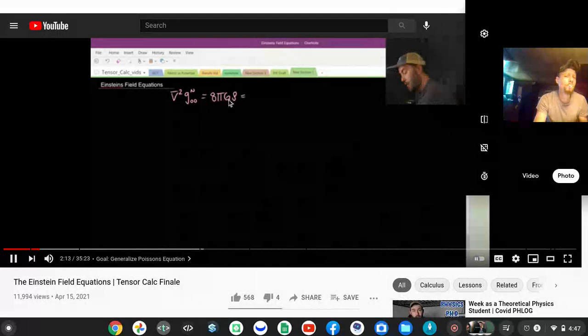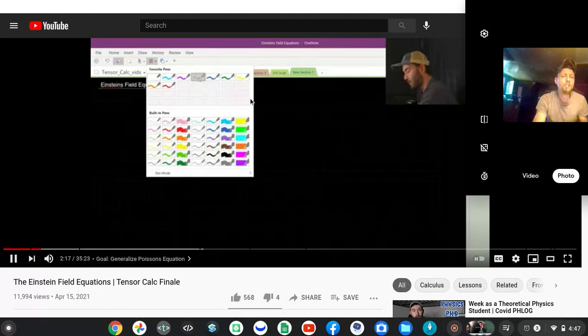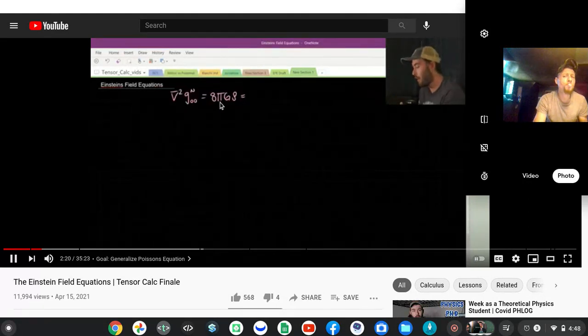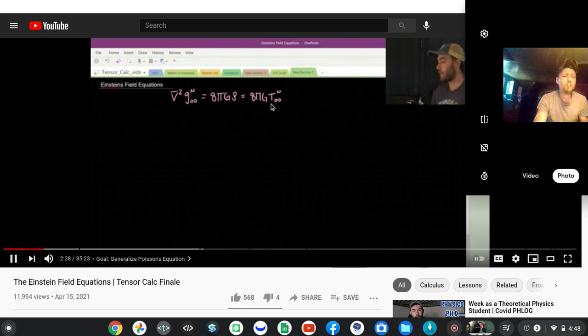So this can also be expressed mathematically in a pseudo-tensor form. I should call it pseudo-tensor because that's actually a thing. In this almost-tensor form, it reads 8 pi G T00, built from the Newtonian limit, where T is the energy-momentum tensor.